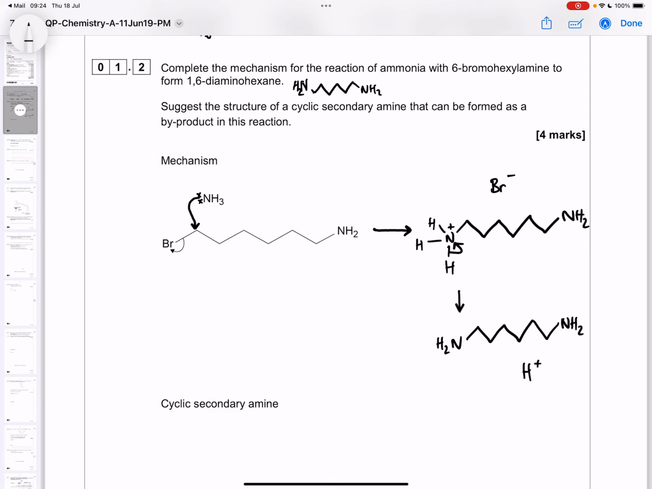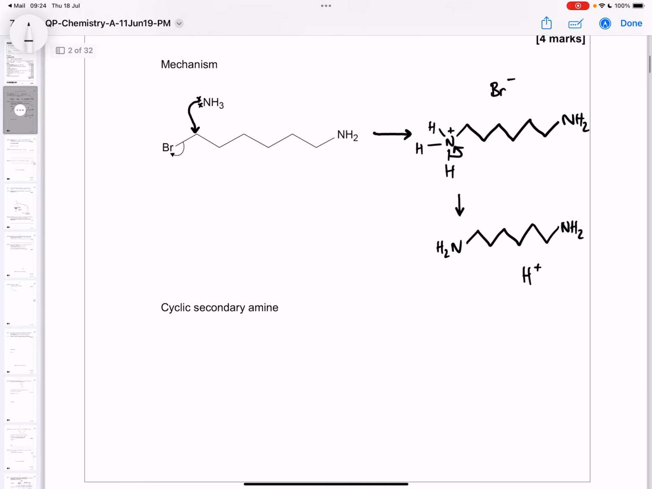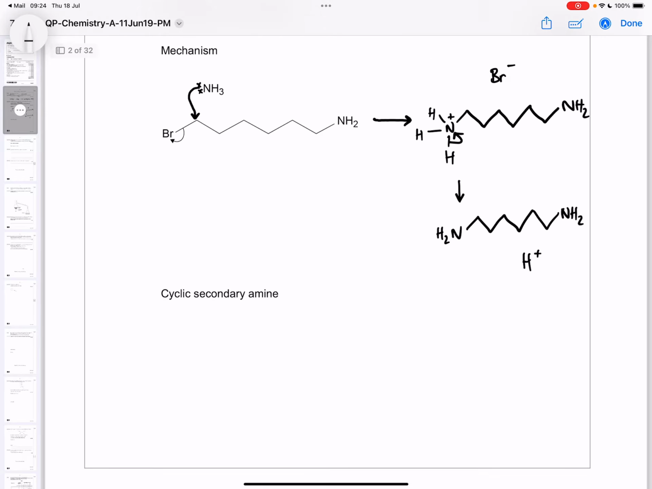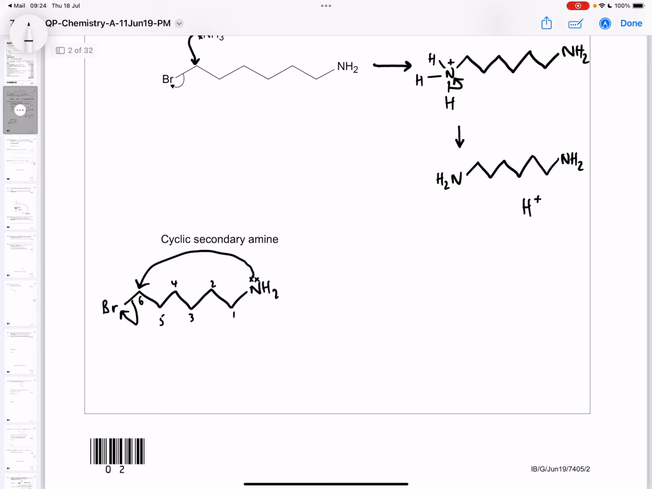Then it says, suggest the structure of a cyclic secondary amine that can be formed as a byproduct. So if we think about our structure again, which is just some working out here, I'll cross through this in a minute. There's a lone pair on this nitrogen as well, so if this were to attack this point and kick out the bromine, then this nitrogen would be attached to a ring that had 6 carbons, but the nitrogen would then become part of the ring,